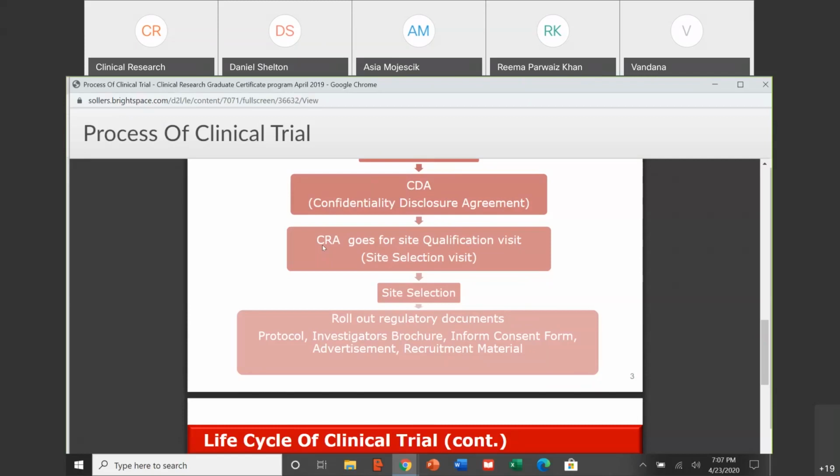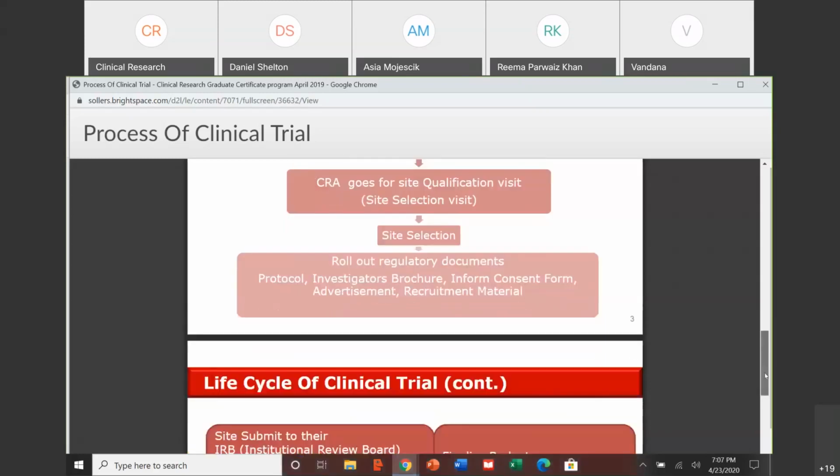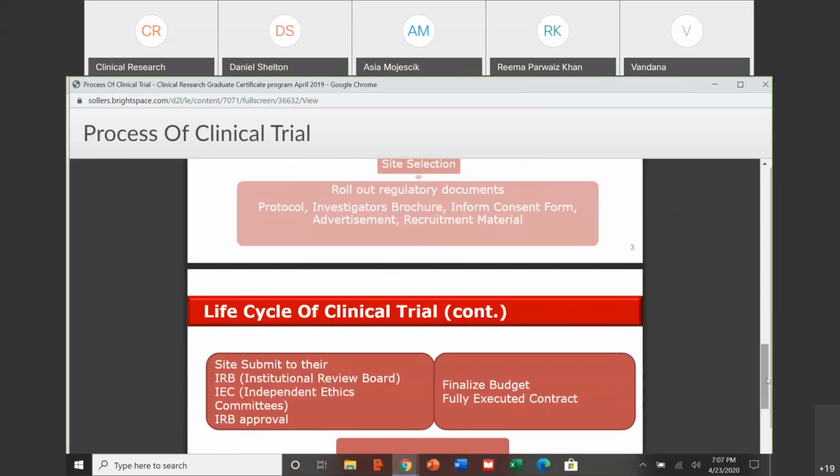The first documents are the protocol, investigator's brochure, informed consent forms, and any other advertisement and recruitment materials. We have separate chapters for all of these, but why do we need to send these regulatory documents to the sites? Just like pharmaceutical companies get permission from FDA to continue with clinical trials, each and every clinical research facility involved in clinical trials has to get approval from their own institutional review boards or ethics committees,